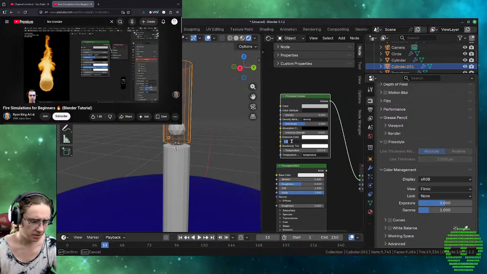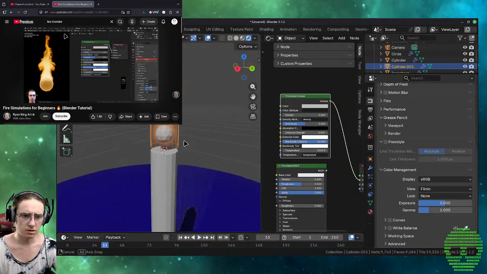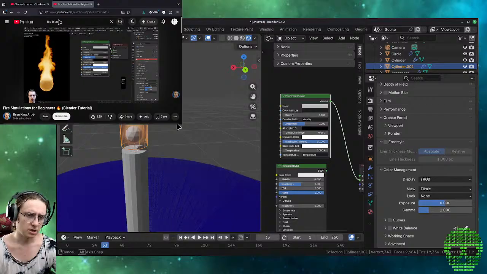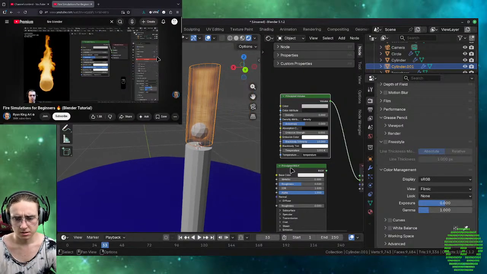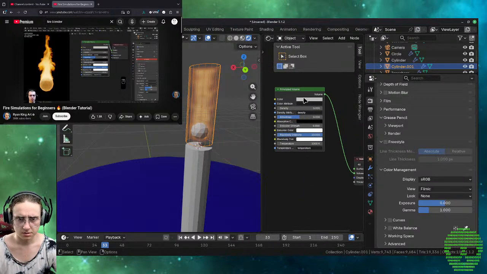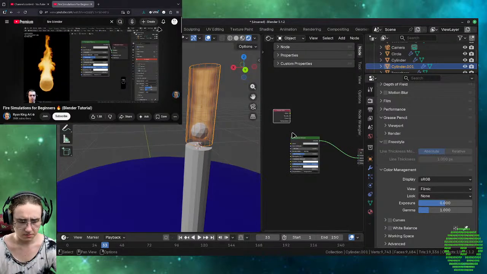Okay, black body temp intensity 10. Okay. And then what I need to do is